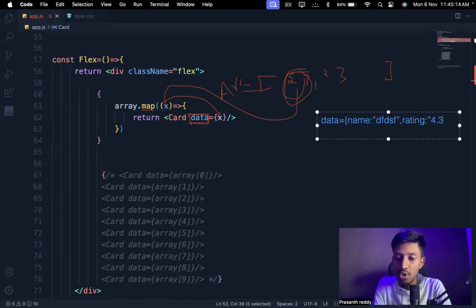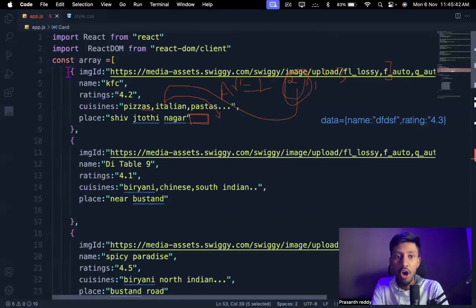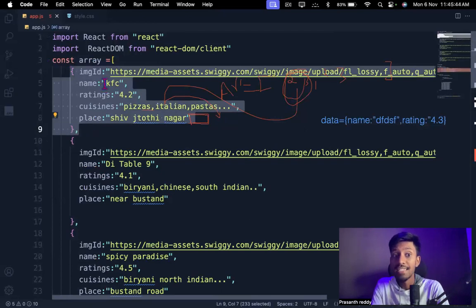So like this, it is saving the data, right? We are just passing this object to this x variable, and this x variable is passing to here. Now it is an object, a JavaScript object. Now this data is storing this object, and this data we pass into here. Now we have this object directly, but I want to access the image id inside the object.